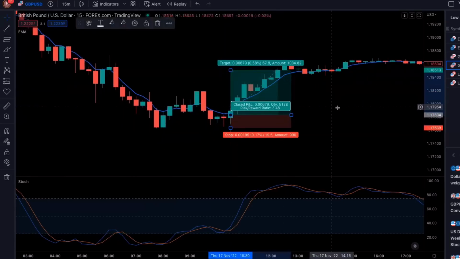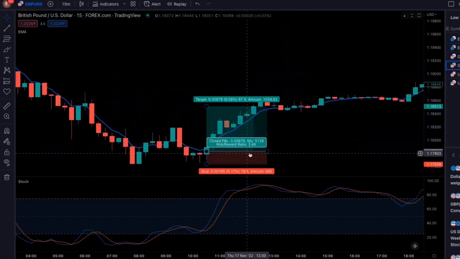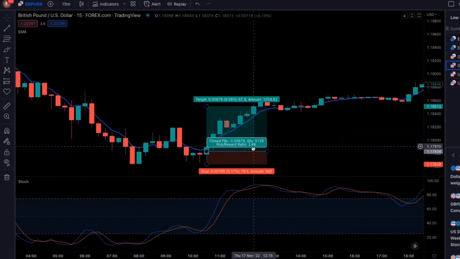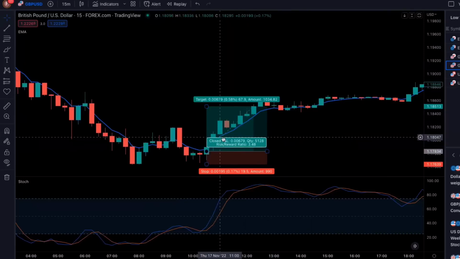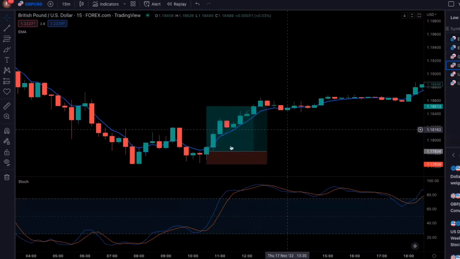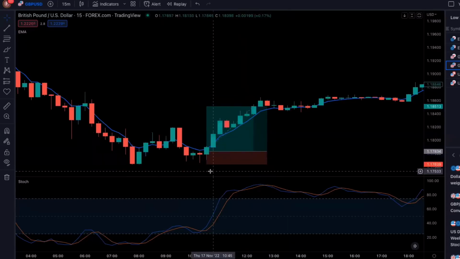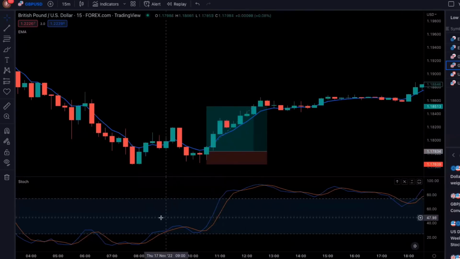So for instance, that trade would have been almost a 3.5 to 1 risk to reward ratio, right? You know, risking $100 to win $348. That's pretty awesome. So you know, simple rules, but you have to be super disciplined for some of this stuff, right? Like for instance,